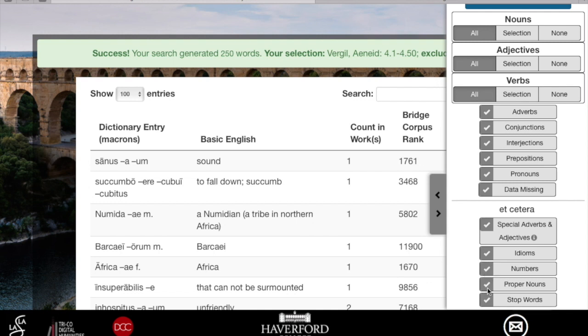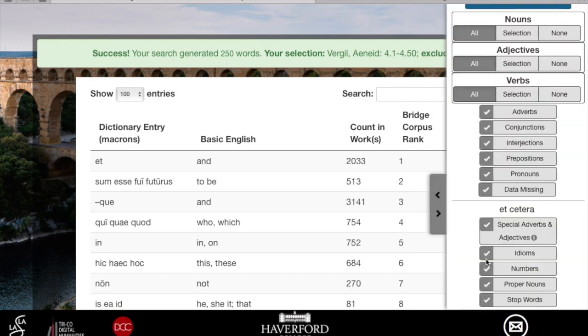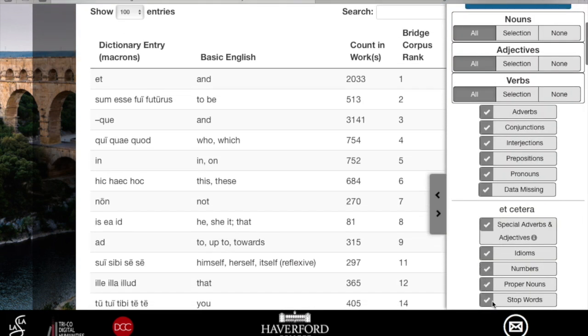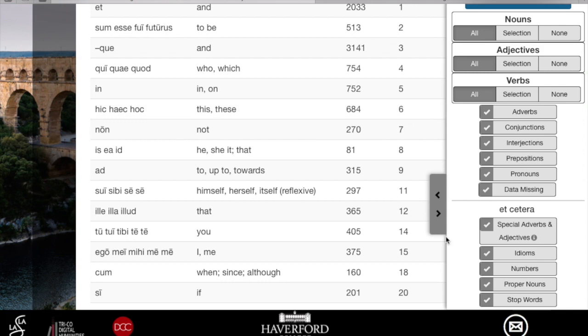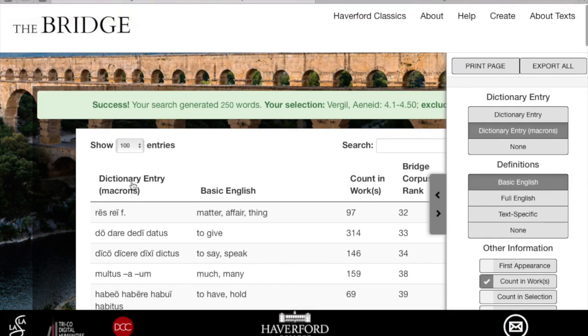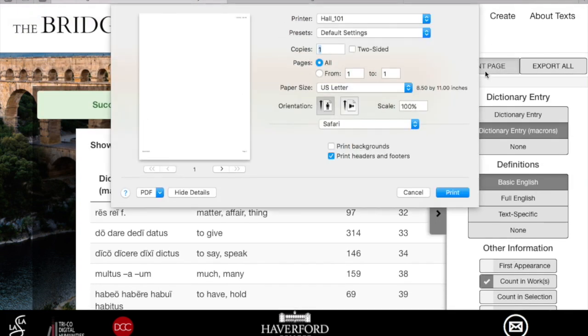Idioms, numbers, proper nouns are self-explanatory. The final filter is stop words. Stop words are very common words that are frequently omitted when analyzing texts. If you know Latin, you probably know most of these 91 very common Latin words, and so you might omit them. Let's do so. Once your list is exactly as you like it, you can print